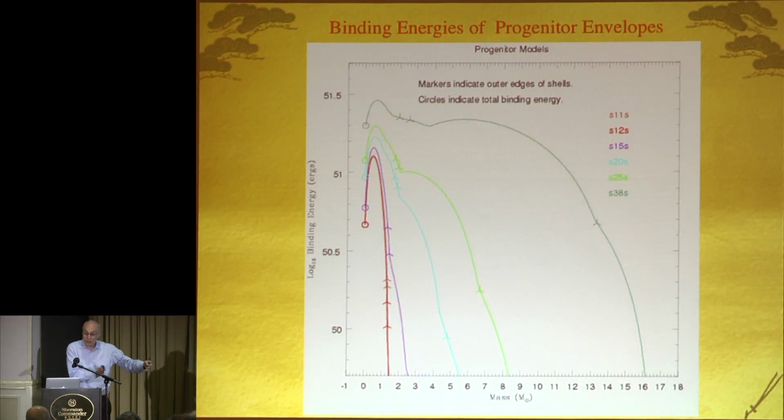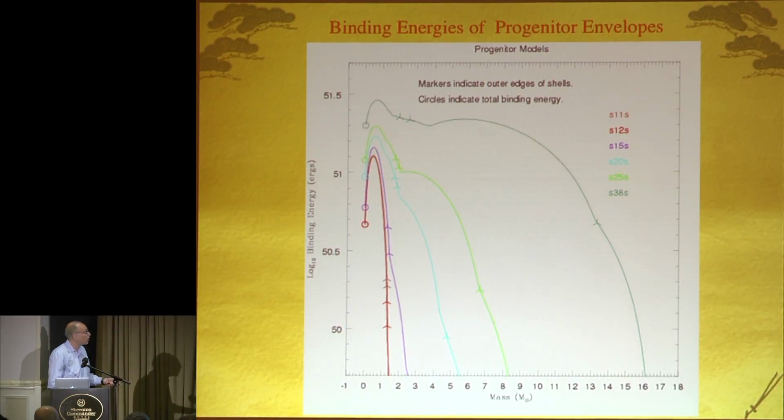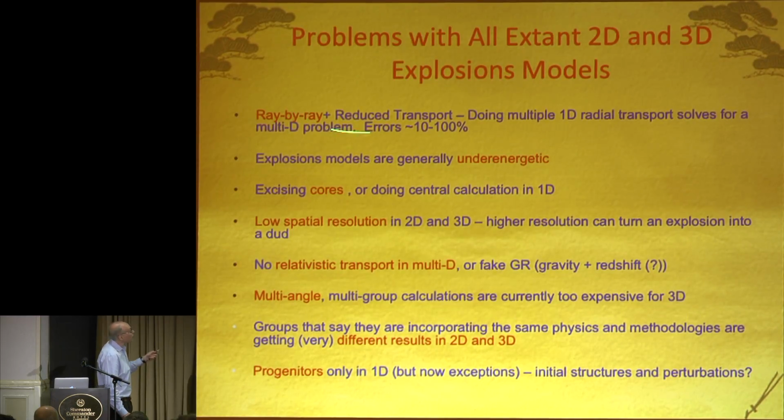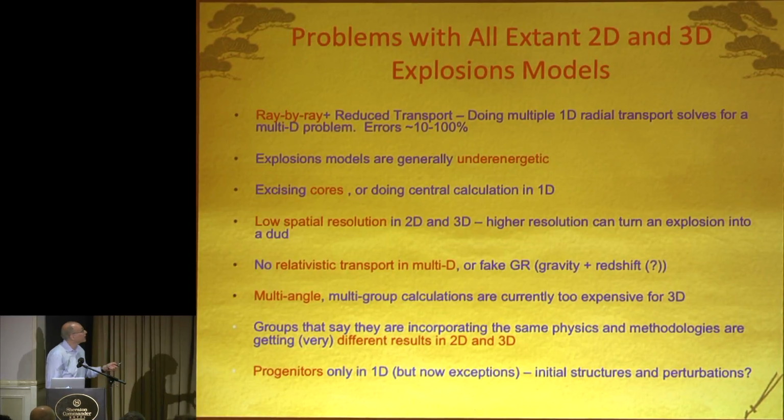Much of the mass function is at lower masses, and the binding energies are generally smaller. But this is an important, crucial aspect that people should keep in mind. When people quote energies, they don't always quote it with this correction, and they almost never simulate all the way. So there are a number of problems with extant models. I'm going to go through some of these.